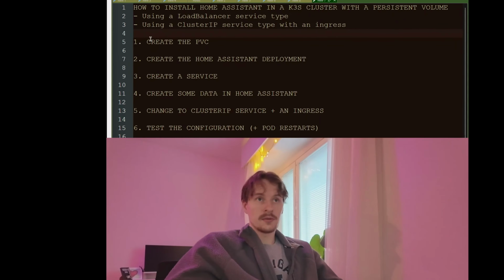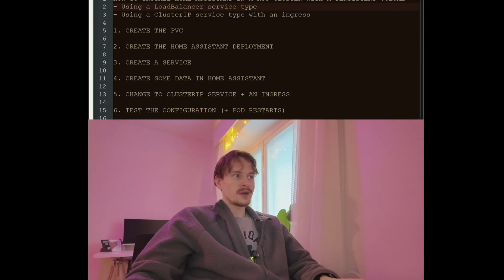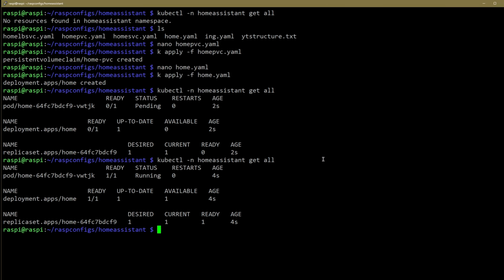We're going to start by creating a load balancer service type, which is really simple. I don't have enough knowledge about how ServiceLB actually works, but you can read here. I don't feel comfortable trying to explain it in my words, but there's good documentation and perhaps your brain can understand it better than mine. Anyways,